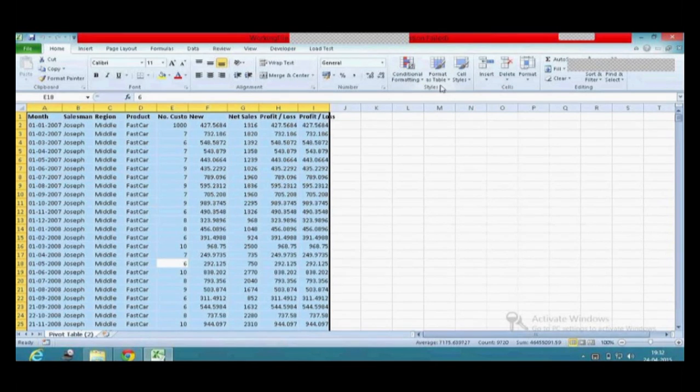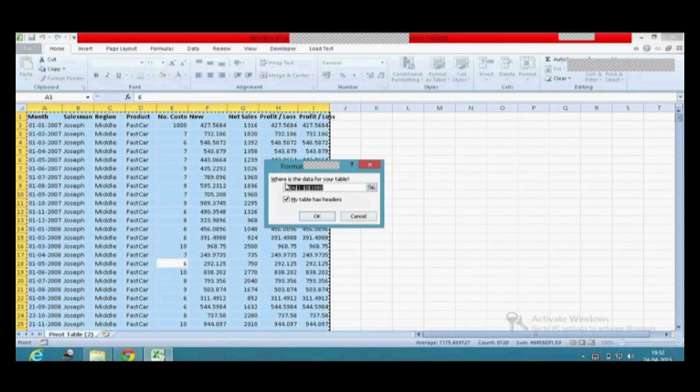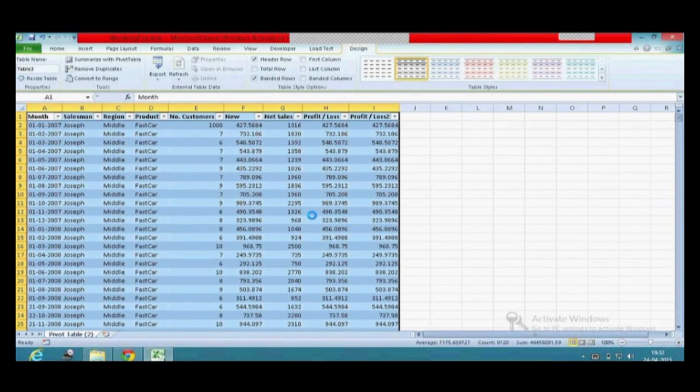Now once I do it, you will get the Design tab on the top, and it also immediately shows you the option that you have here. Okay. So now if I generate the pivot table from this, then if you insert a row, do you see here the option Summarize with PivotTable? If you use that option, now if you insert data, it will automatically recognize your data. When you insert rows, it will automatically recognize your rows.